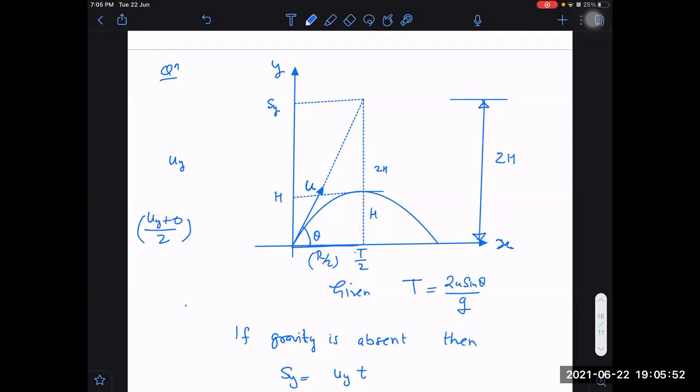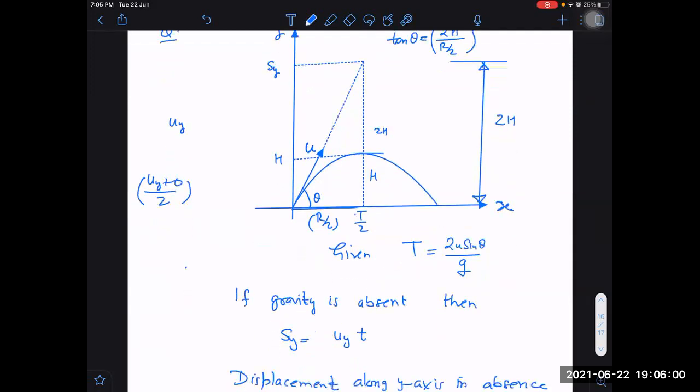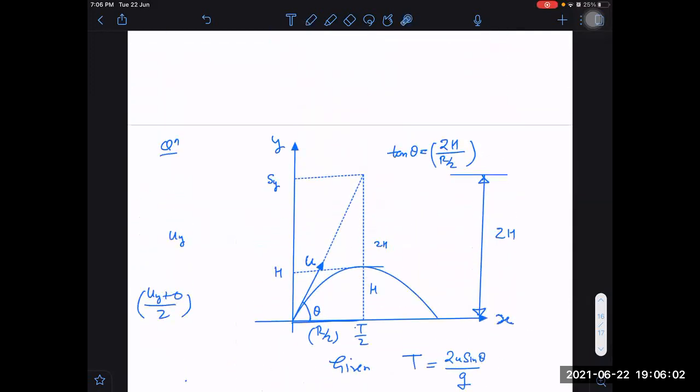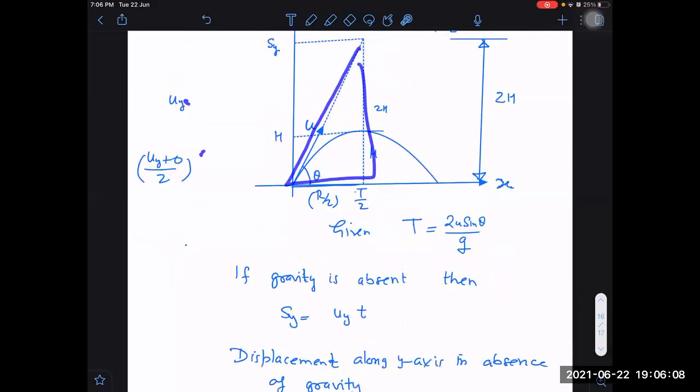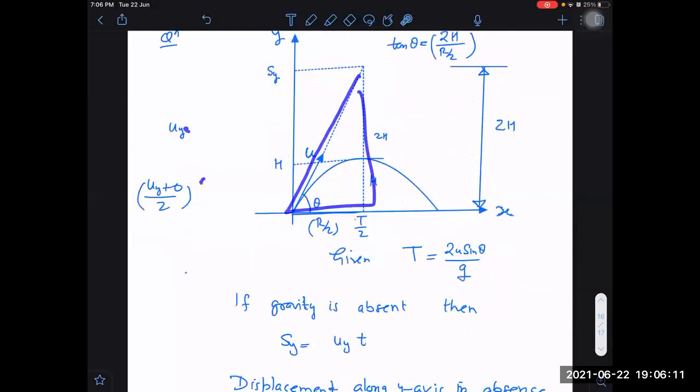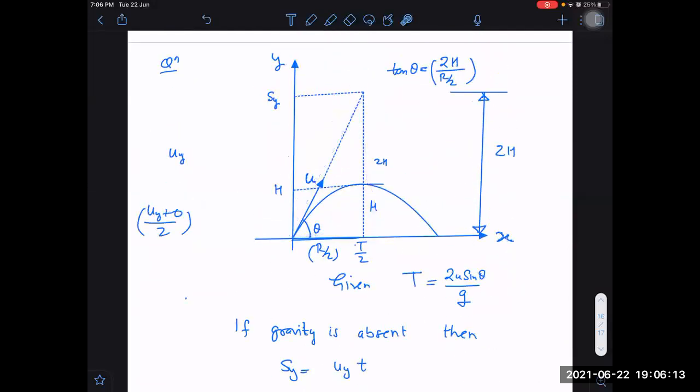Then what is tan theta? Tan theta is equal to 2h divided by r by 2. Right or not? We can prove that tan theta is equal to 2h upon r by 2 in multiple ways: by visualization, by the average velocity method, by this method which I discussed here, or by just putting in the values of range and height. I have not derived the range, although remind me, I have to derive the formula for horizontal range, which I have not derived so far.